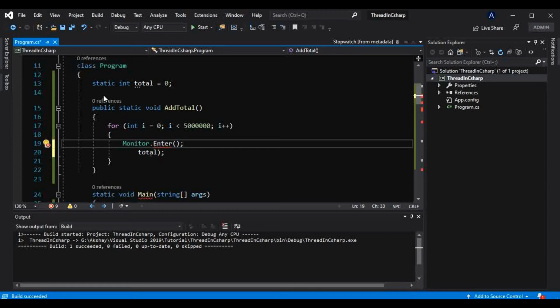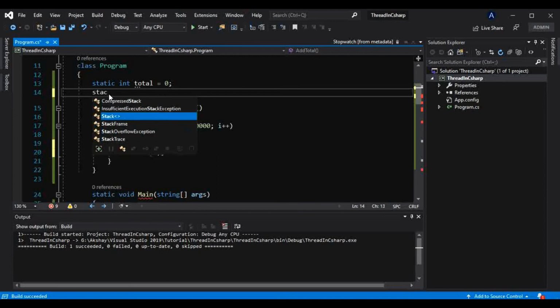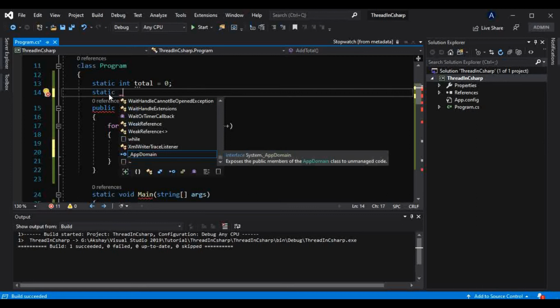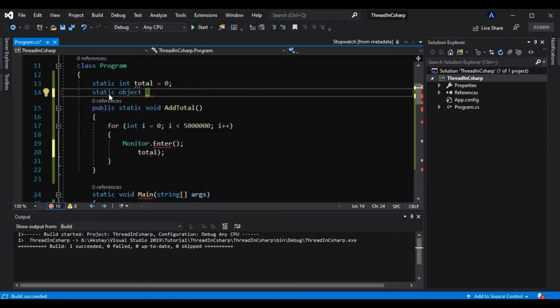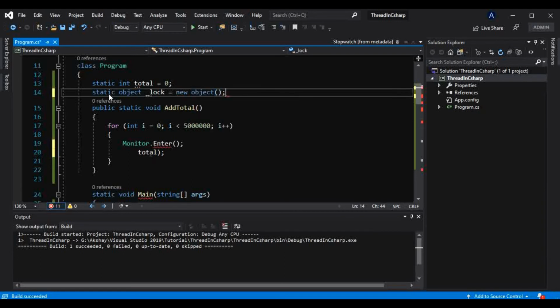We have to create one object here. That should be static, and the type should be object, and I will name that lock, equals new object.